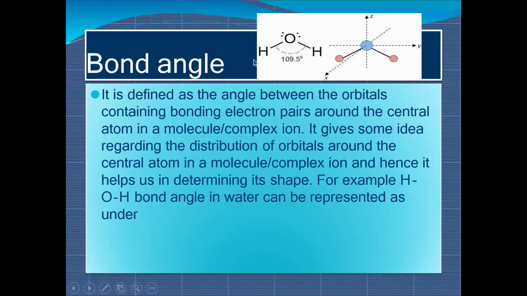Since these electrons are negatively charged, when they come close to each other, they experience a repulsive force. All right, and because of the same charge, we know same charges repel each other. So at that time they take a position around the atom where they feel minimum repulsion and maximum stability. So this is the reason they are apart at an angle. There is an angle between them. This is about the lone pair electrons.